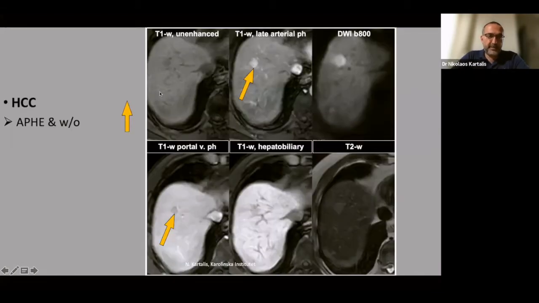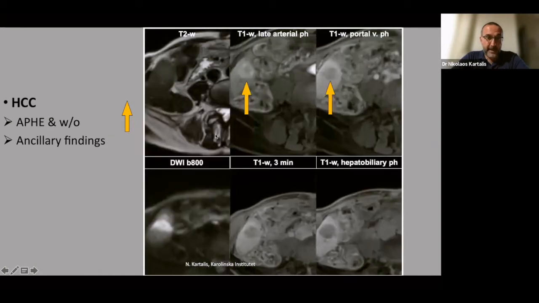I show you here some images of a patient with cirrhosis. We have a lesion with arterial phase hyperenhancement and venous washout in the portal venous phase. Besides the major findings, the ancillary findings: we have impeded diffusion, slight hyperintensity on T2, and low uptake in the hepatobiliary phase. Another case, a patient again with cirrhosis, arterial phase hyperenhancement, washout in the portal venous phase, and the ancillary findings of